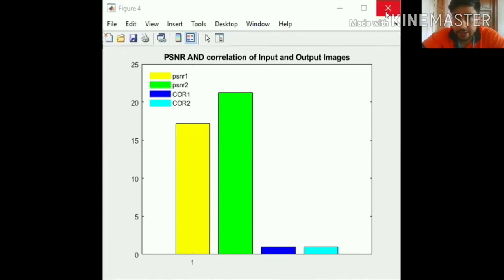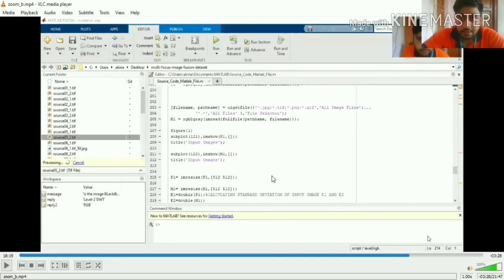Now let's check the other one. So now let's again go to our MATLAB.